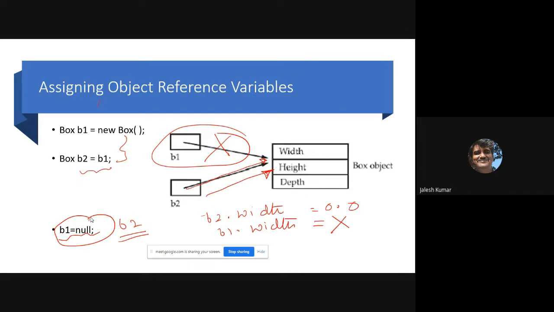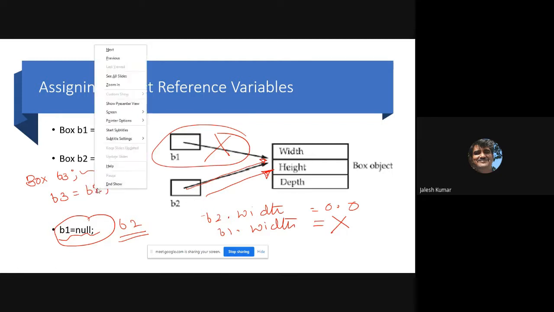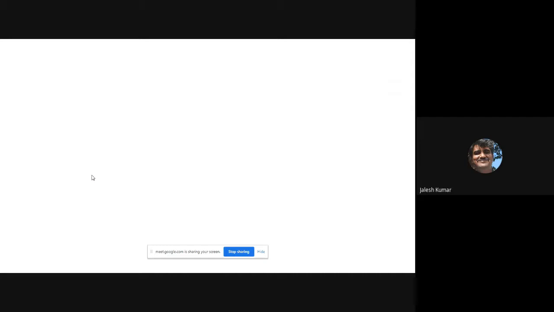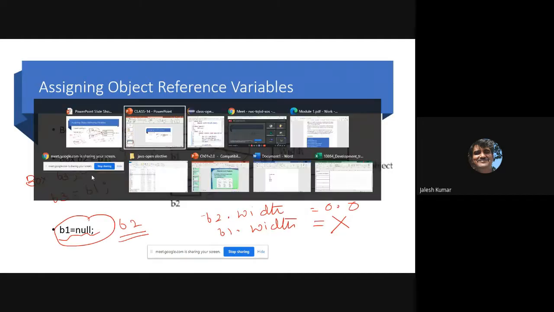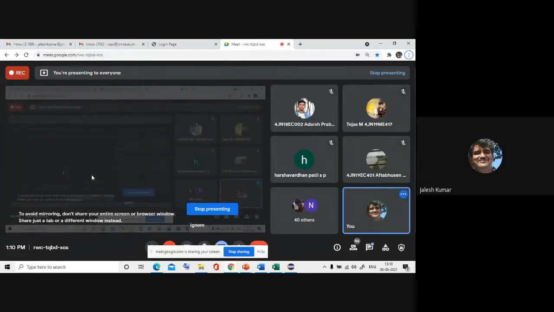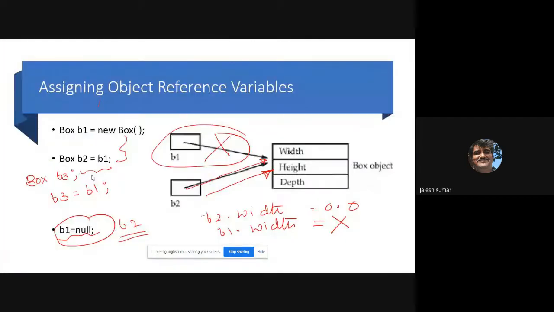You declared one reference. I declare one reference and I will assign b1. b1 is allocated already. It is not possible to do this with an unallocated reference, but if b1 is already allocated, then it is possible to assign the value to that. So that's how you can handle object references.